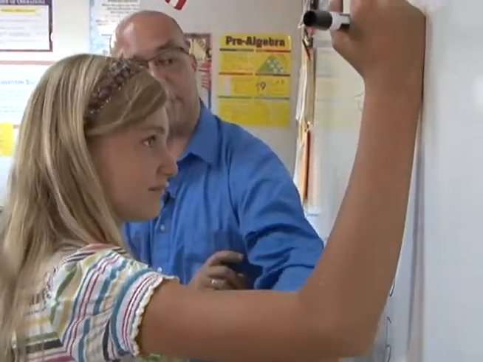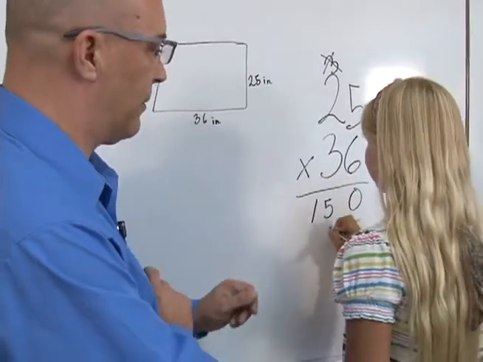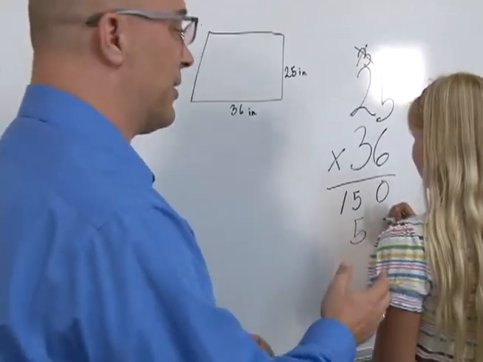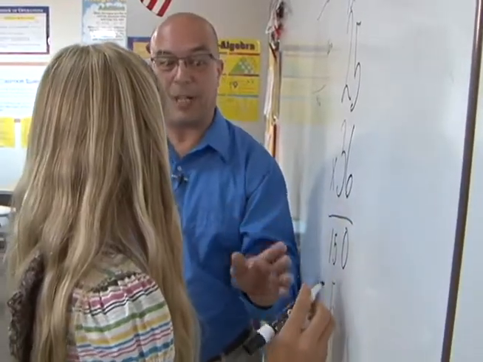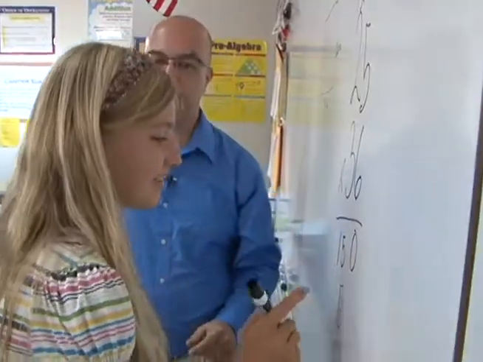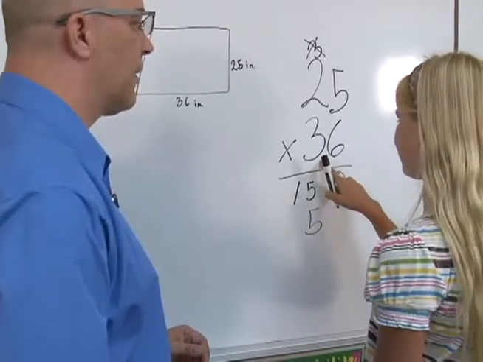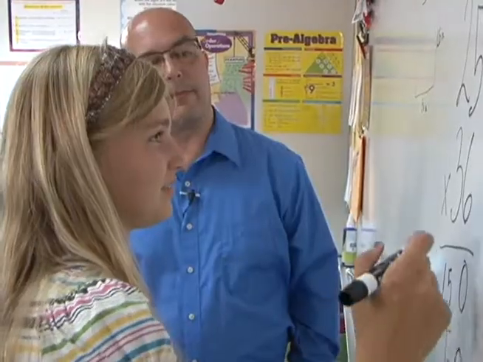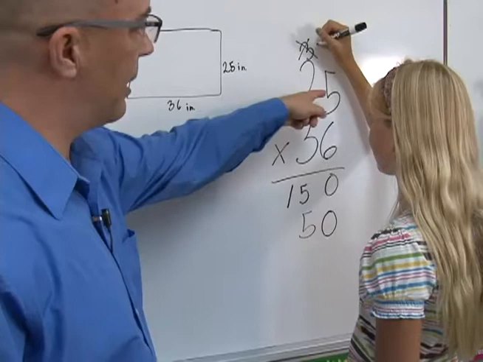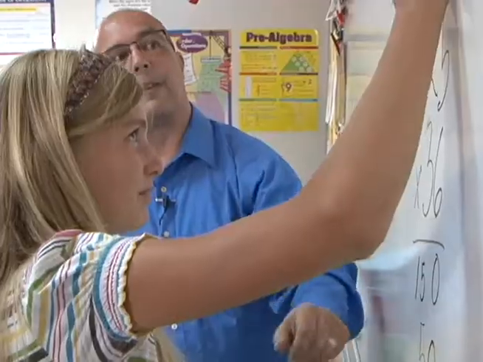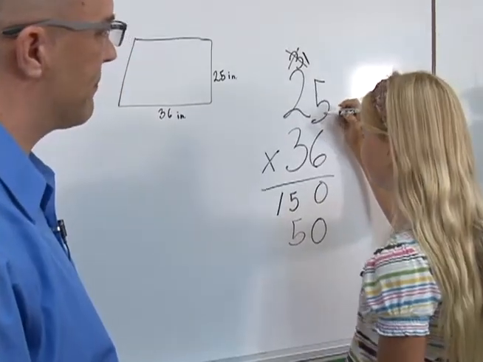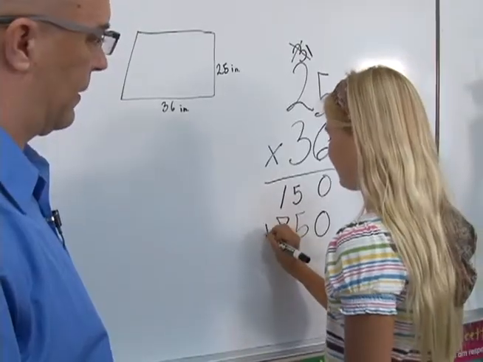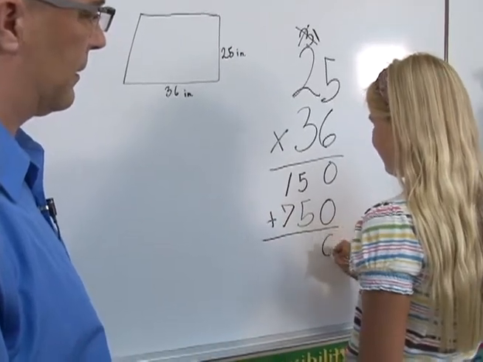Well, before you do that, because we're moving over a place value. Yeah. Now, all I said was, we're moving over a place value. You said, oh yeah, and erased the 5. Why? You need to put a placeholder since the 3 is in the tens place. Perfect. And then you do... So you were doing 3 times 5 and you got 15. So you bring up the 1. Okay. And you do 3 times 2, which is 6, plus 1 is 7. And then you add the numbers together, so you get